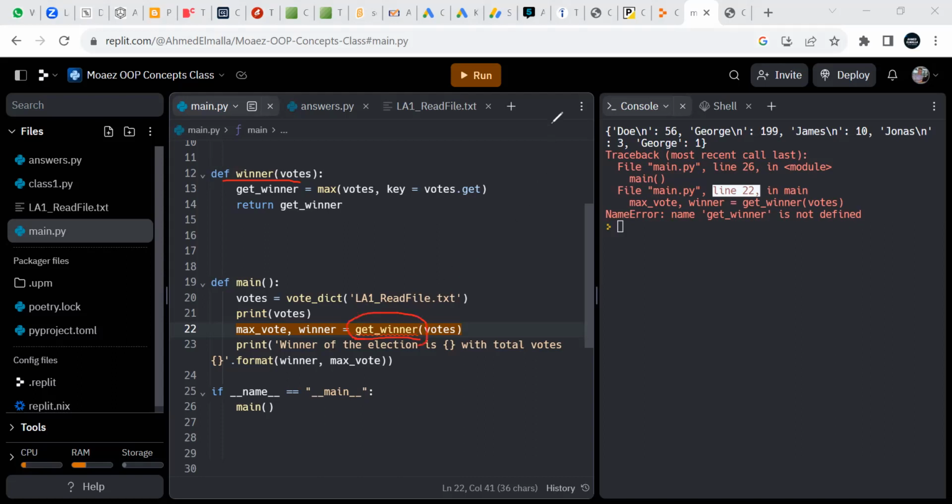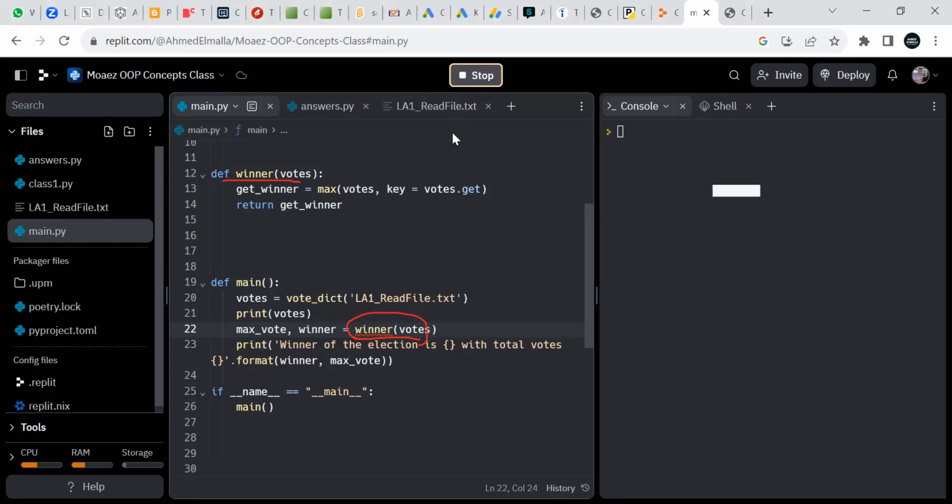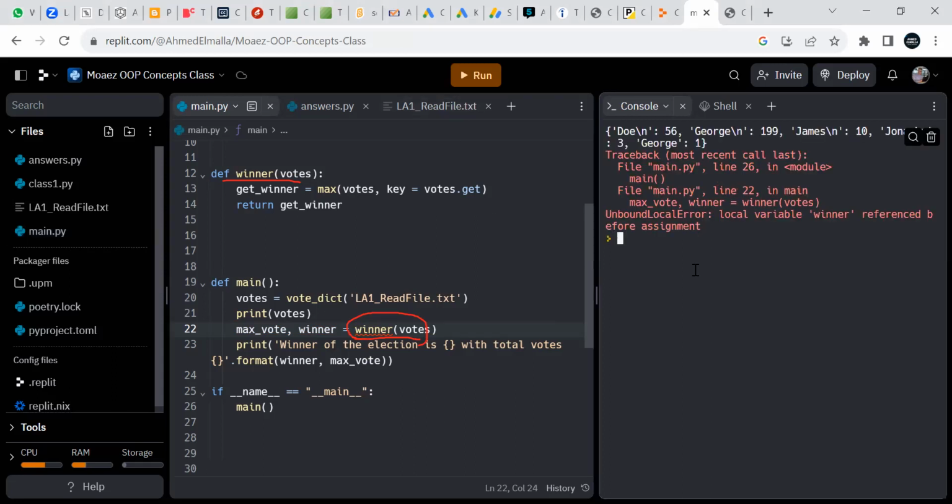Okay, so I will have to change it now so that the code runs. I have to change that here like that and see if it works. So again, I am finding another issue. It's telling me here also on line 22, local variable winner referenced before assignment.